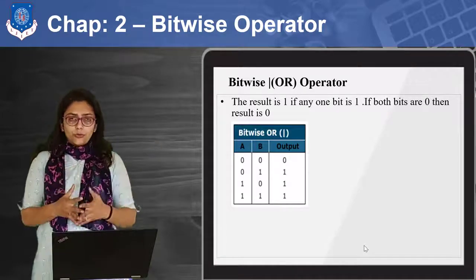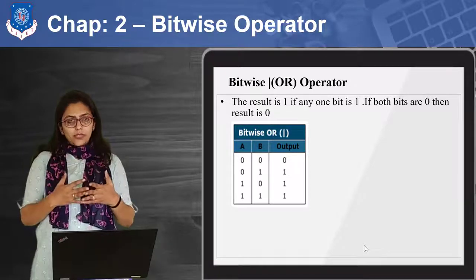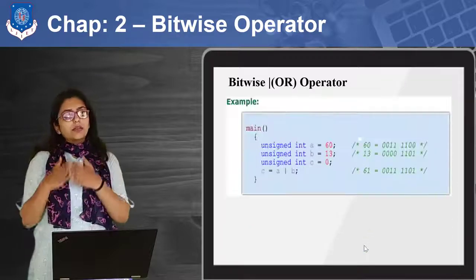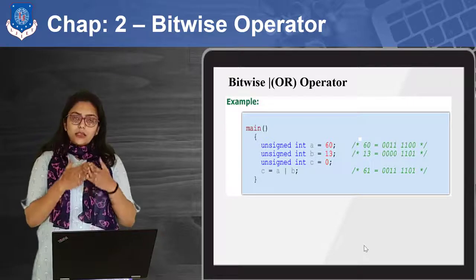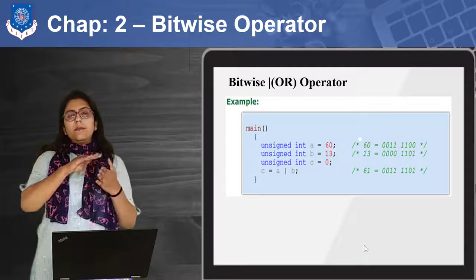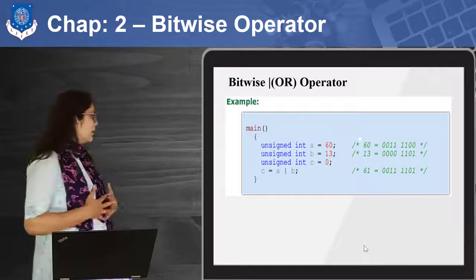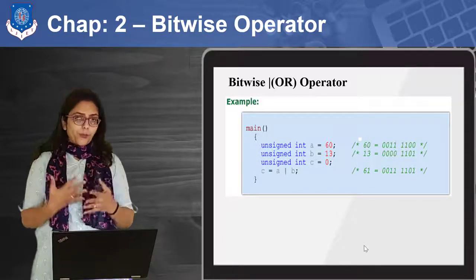Now you can see the truth table over here. In logical OR, I have already talked about this: even if one of the inputs is 1, then the result will be 1. If all of the inputs are 0, then the result will be 0. So it is like the parallel connection of bulbs. So you can see the program over here which can be used to demonstrate how exactly this OR operator can